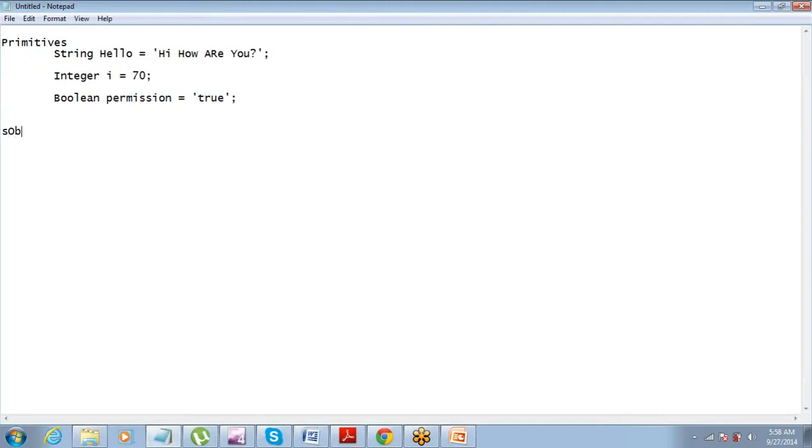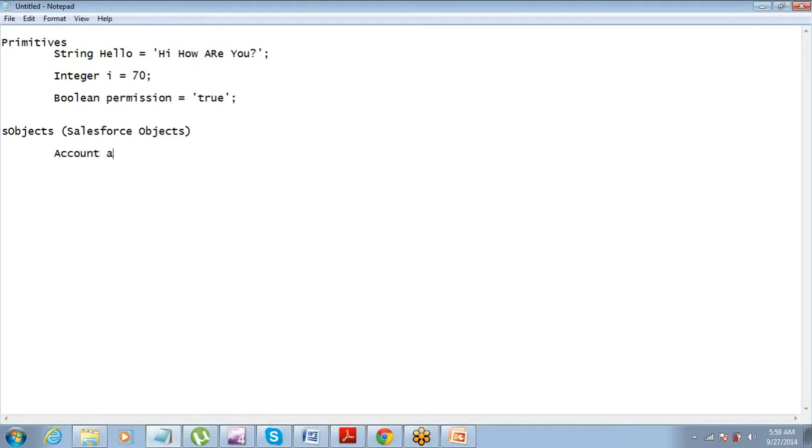Now we are talking about sObjects. sObject, as I told you, means Salesforce objects. The logic behind this sObject is pretty simple. How do you define a variable for a record in the database? sObject helps you define a variable for a record. So it's a variable which can hold a record. Records are usually stored in tables, so the data type will be the name of the table, something like